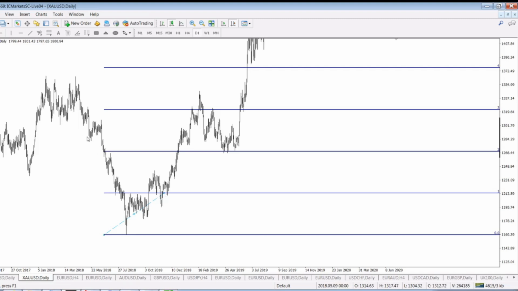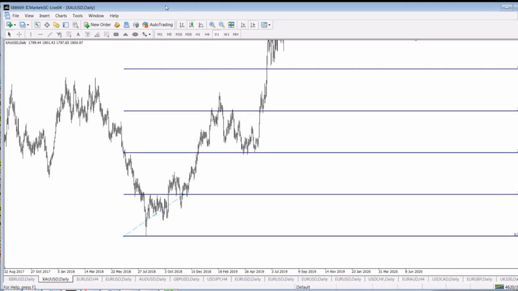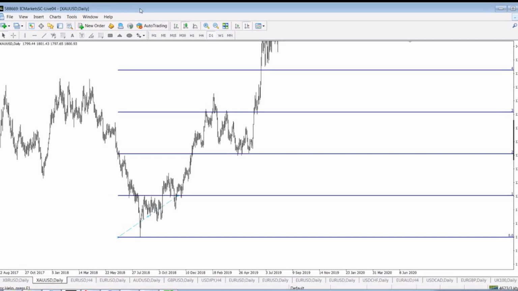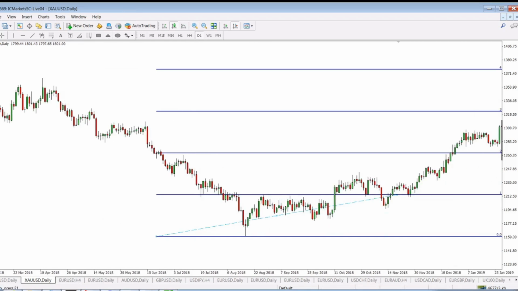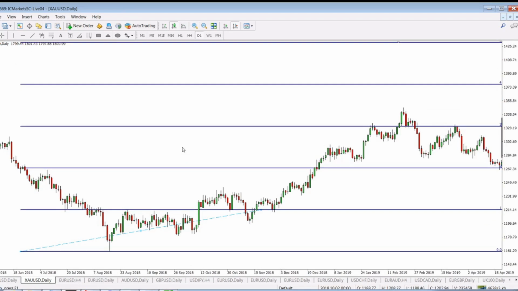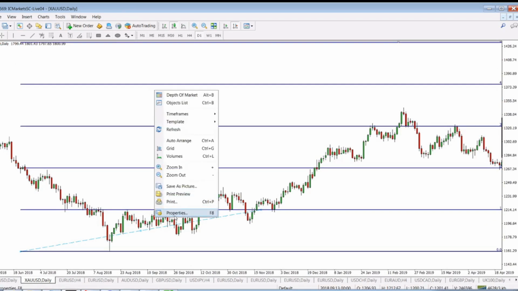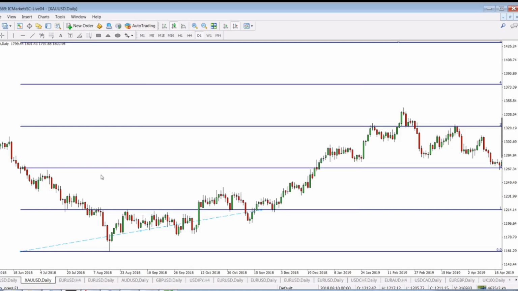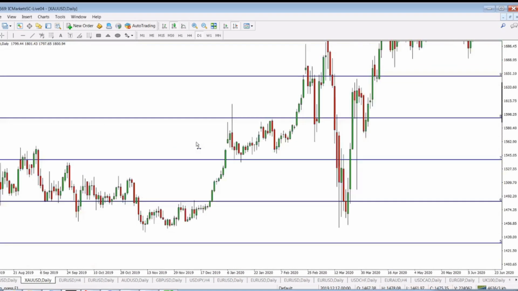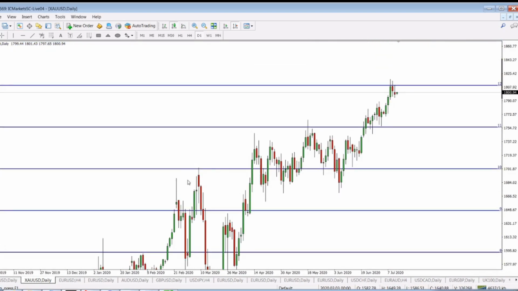We are on GoldUSD daily. This is the daily chart of GoldUSD. Let me show you. It looks like that. We got it in the corner here. So it's daily gold to US dollar. Let me show you. I make it bigger, and I will explain. I got this chart fixed, by the way. So if you don't know how to do it, you go to properties, common, and just mark this one scale fix, and then it wouldn't rescale as soon as you will move it, so it will remain more or less